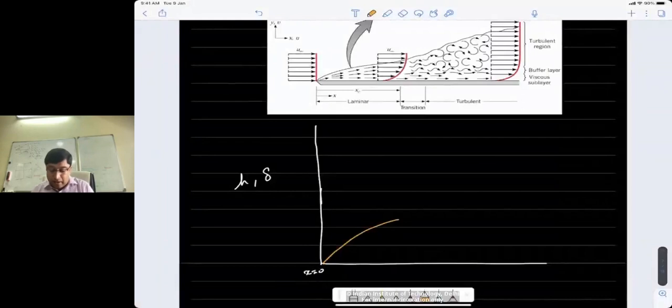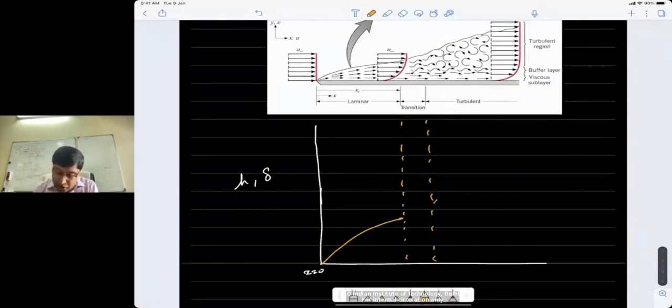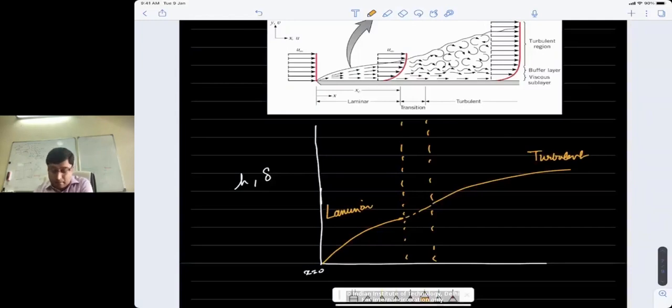So delta grows. In transition, we don't have much data, so I'm just going to do some extrapolation there, or interpolation rather. But in turbulent flow, the boundary layer becomes much thicker, so it jumps and it also grows gradually. So this is the turbulent side of the flow, and this is the laminar side. In between, typically we just join the lines by a dotted segment to show that the data there is not known, and so we don't know what the boundary layer thicknesses are there. So this is delta.